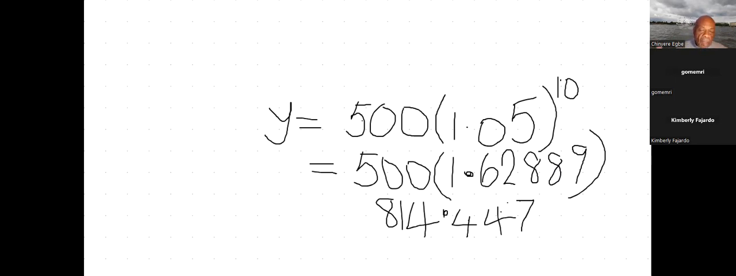Because since we're talking about population here, you don't have 44% of a person or what have you, or a fraction of a person. So you're going to be looking at approximately 815 or 814. Okay. Now,